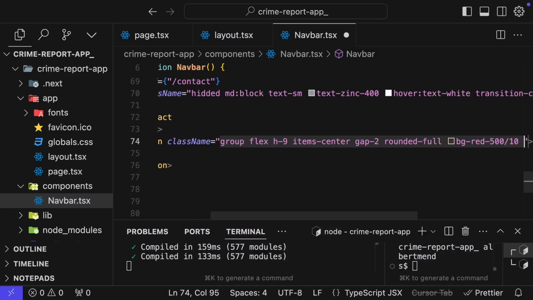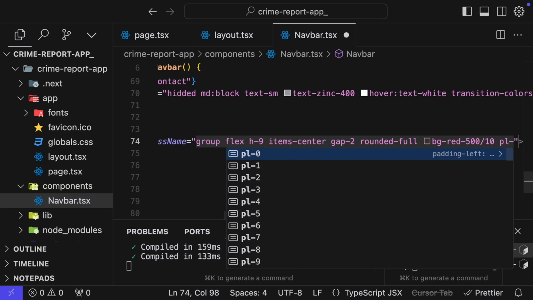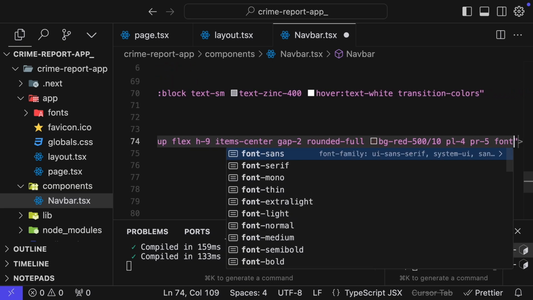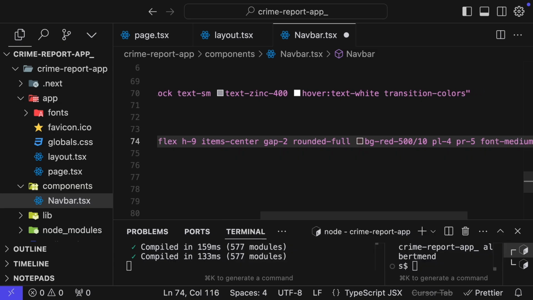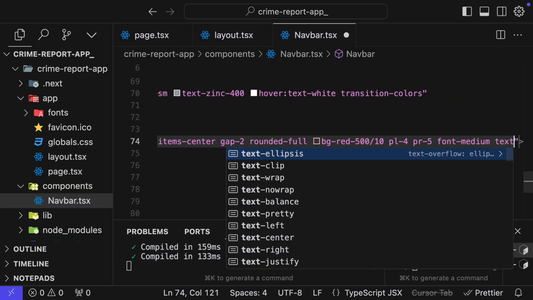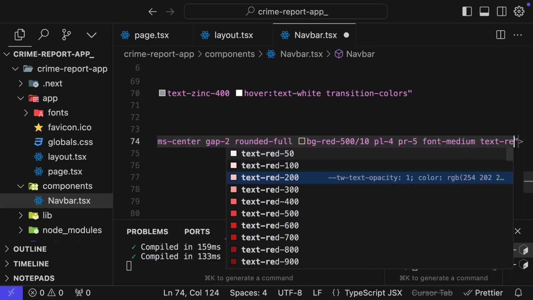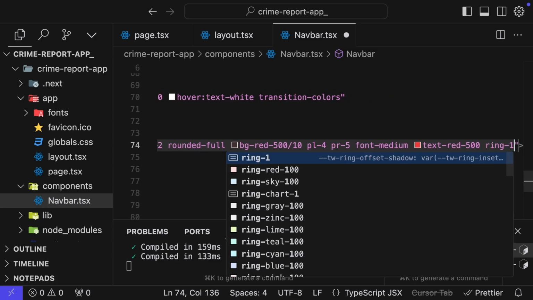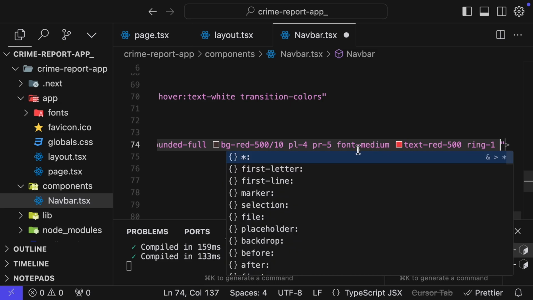And we have padding left to be 4, padding right to be 5. The font is going to be a medium font, and we want the text to be red-500, and we want to provide a ring around this button,